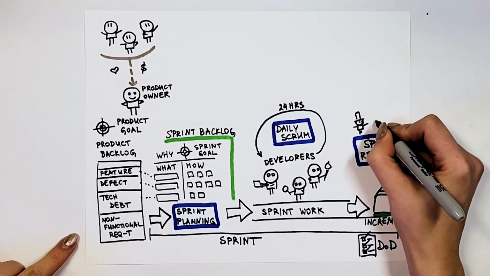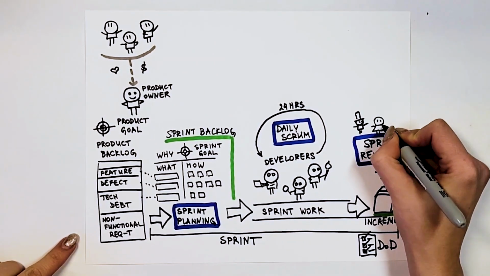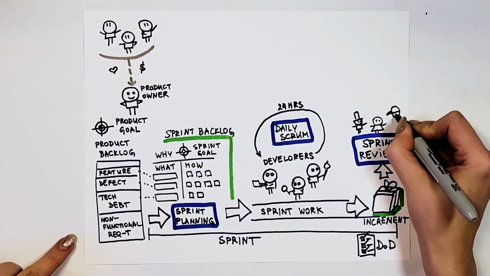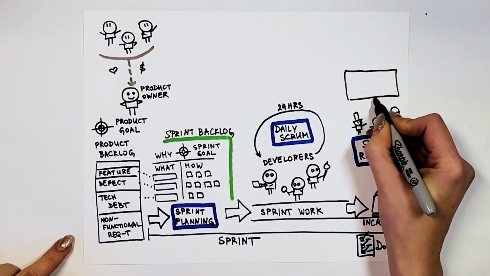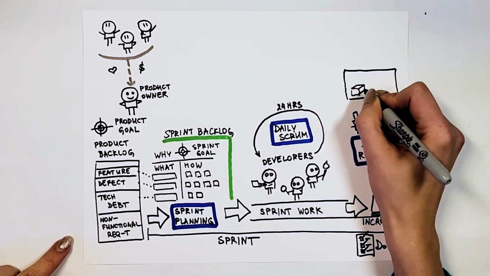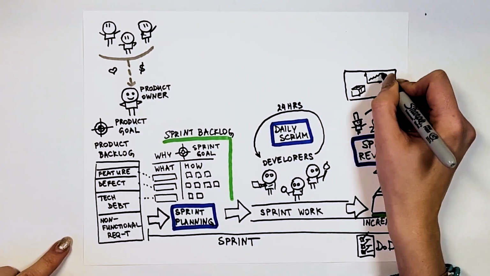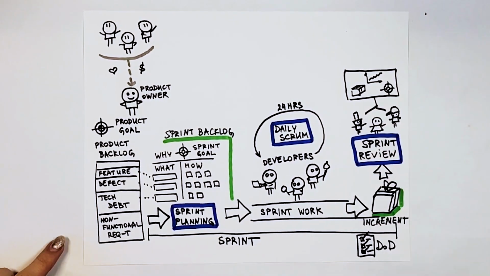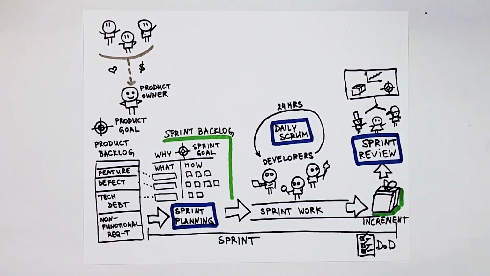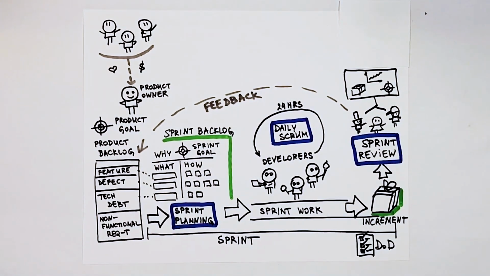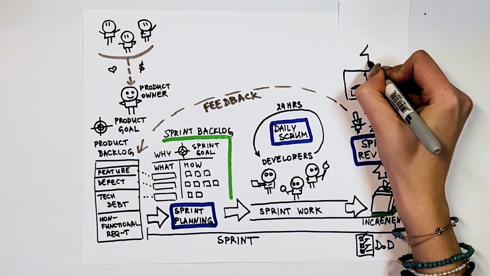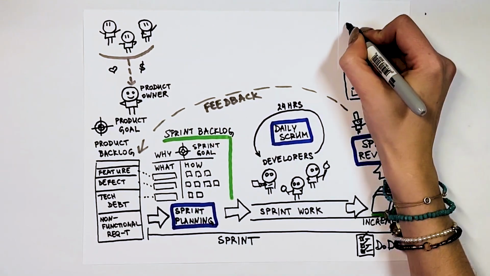The team invites the customers and stakeholders who have an invested interest in the product to show them the done increment. During this meeting, the team usually discusses what was done, what issues they encountered, what the overall progress towards the product goal is, as well as demonstrates the completed work and collects customers' feedback. The purpose is to update the product backlog based on what is discussed in the sprint review in preparation for